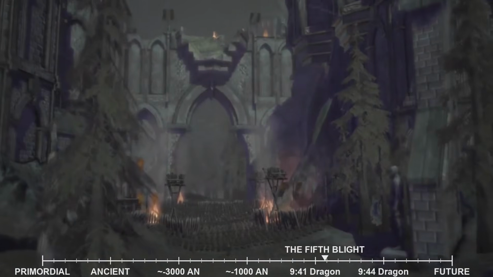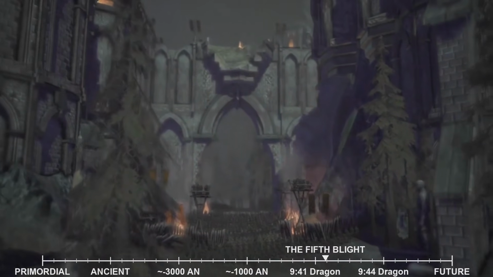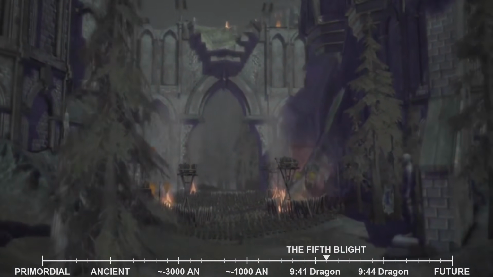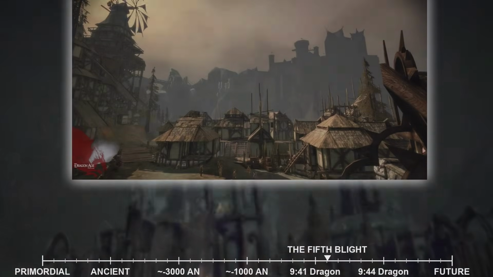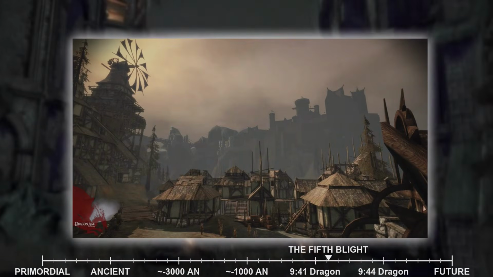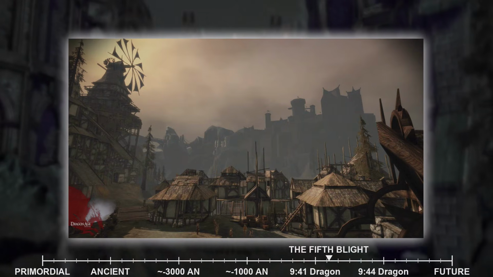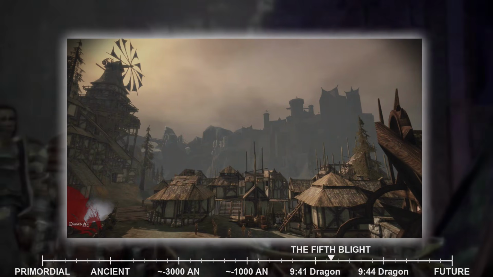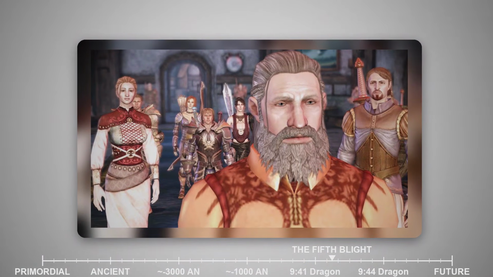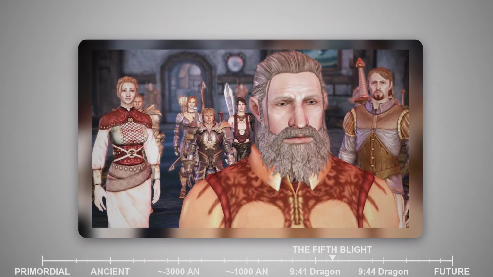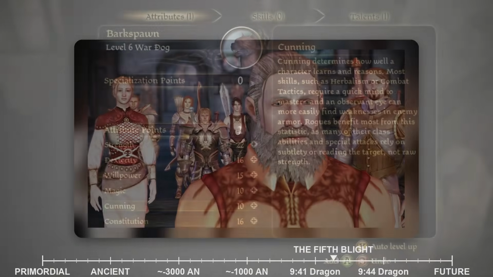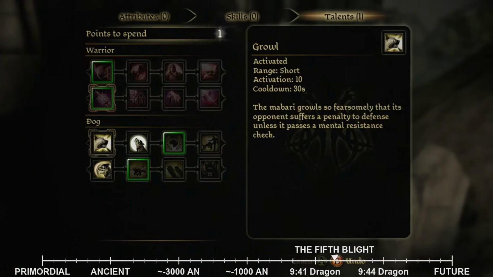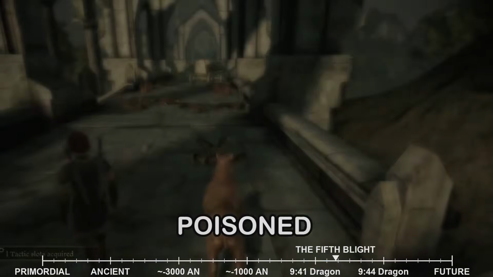With Lothering lost, your journey continued, driven by the desperate need to find allies and invoke the treaties. Your next destination was Redcliffe, a fortified village and the seat of Arl Eamon Guerrin, a powerful and influential nobleman who was also Alistair's half-brother. Arl Eamon was known for his loyalty to King Kaelin and his strong sense of duty, making him a crucial potential ally. However, upon your arrival, you discovered that Arl Eamon was gravely ill, poisoned by an unknown assailant.